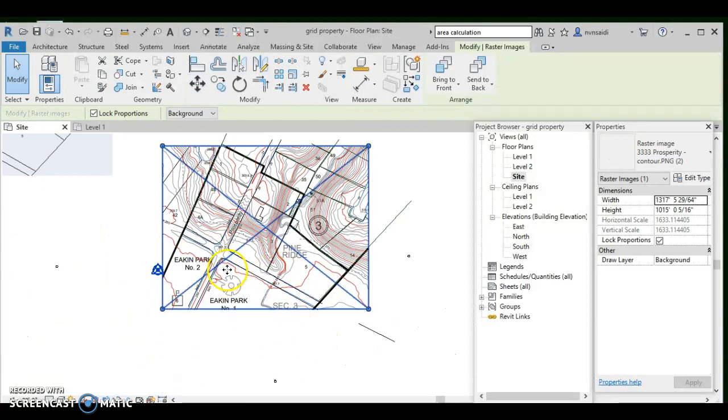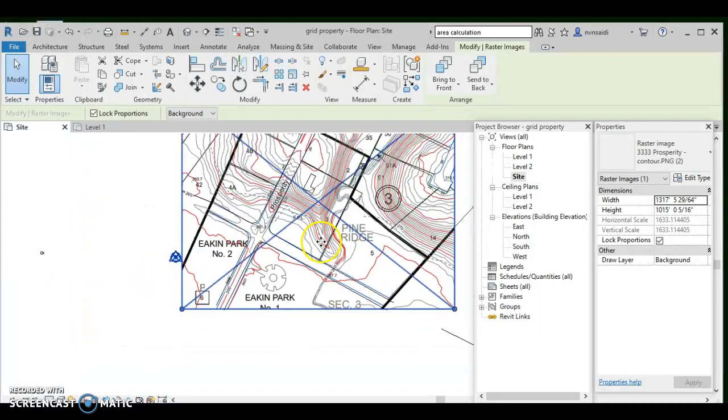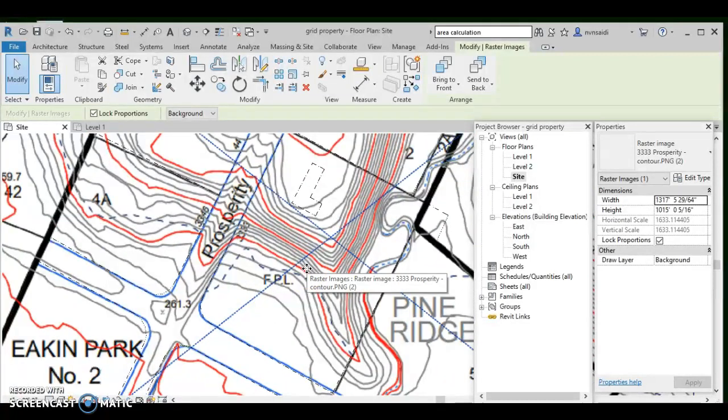So I am ready. You can actually see there's just a minor amount of differentiation, enough for me to get the contour lines, and the contour lines are not very accurate anyway. So I'm ready to draw my contour lines, and I'll create different line hierarchy by simply going to manage